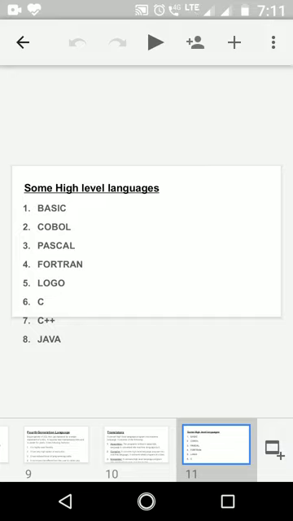Next come the two languages C++ and Java, which are object-oriented languages. Let us see them one by one. C++ was developed by Bjarne Stroustrup in 1983. It is an object-oriented language popularly used for developing system software. Since it is an object-oriented language, it invokes a particular task only when that object is called.